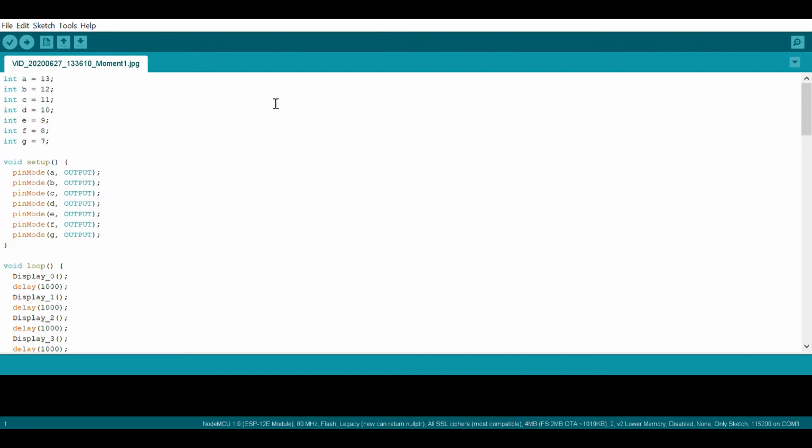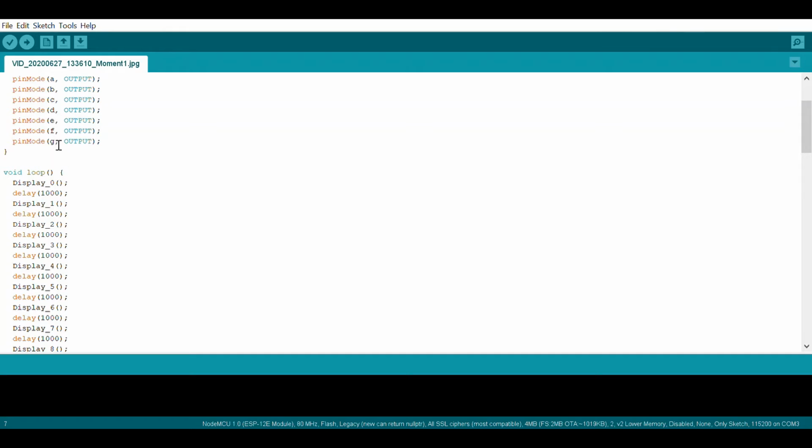I have created a program to make a counter on our seven segment display. I have defined all the LEDs of the seven segment display with respect to their pins. LED A is connected to pin 13, B is connected to pin 12, and that's how we have defined all the pins here.